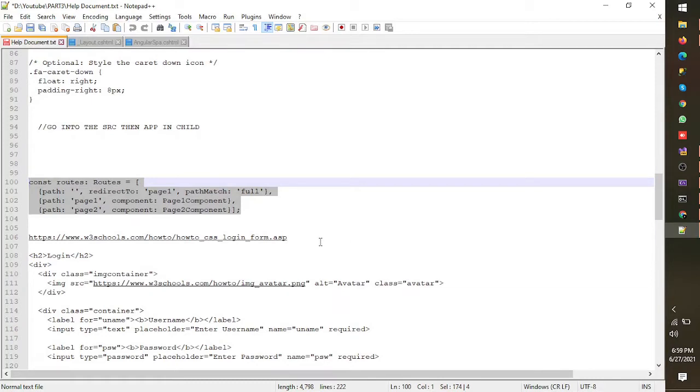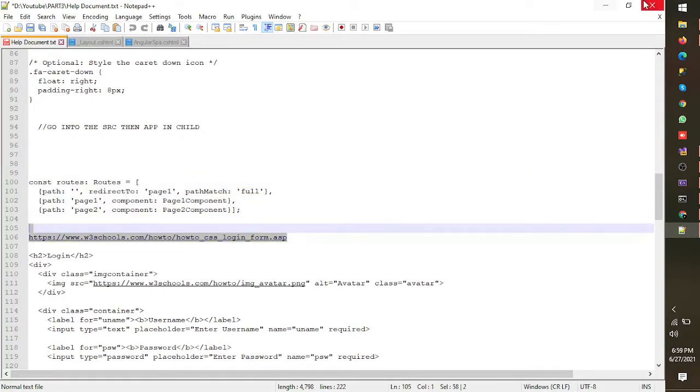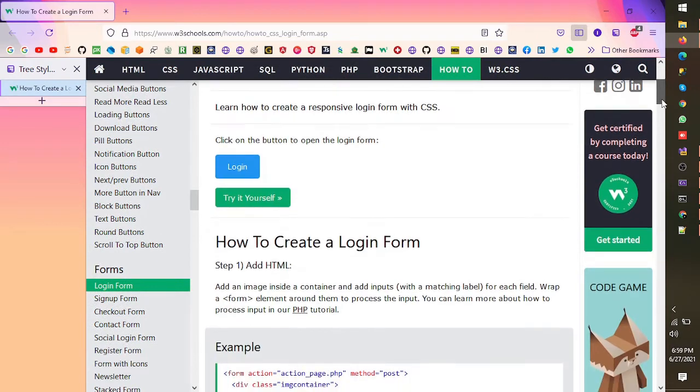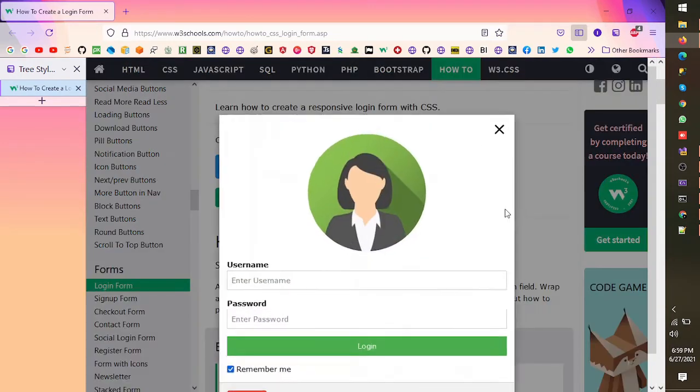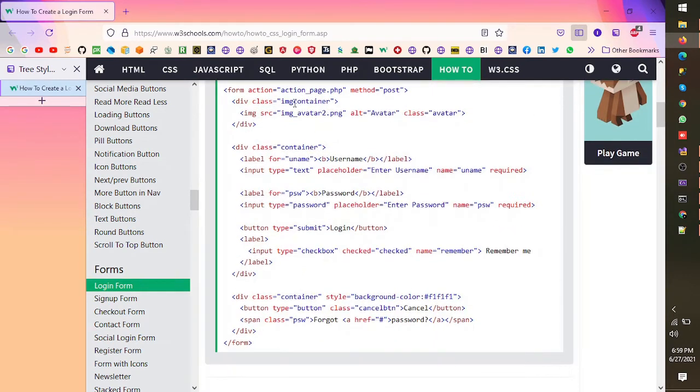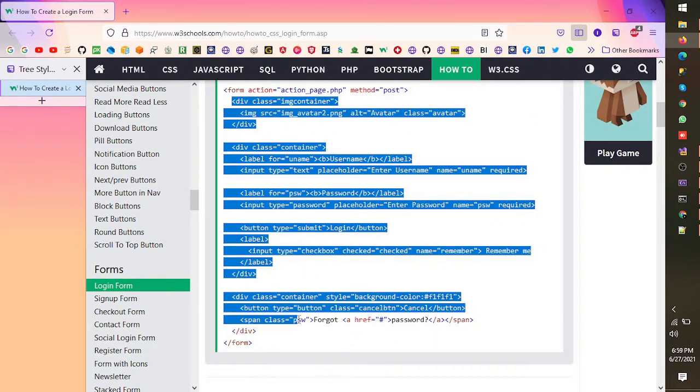Okay, I would like to add sign up and sign in HTMLs. So let's get it from W3 School as well. I would put that link in the description as well if you guys need, but you can just copy it from here. That's the sign in form that I need. So I am copying it from here.